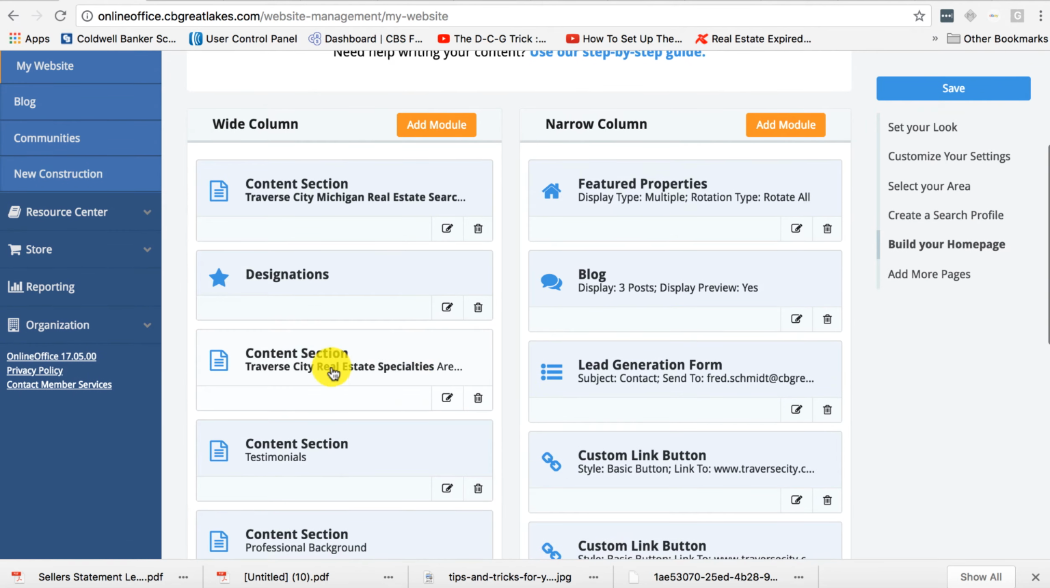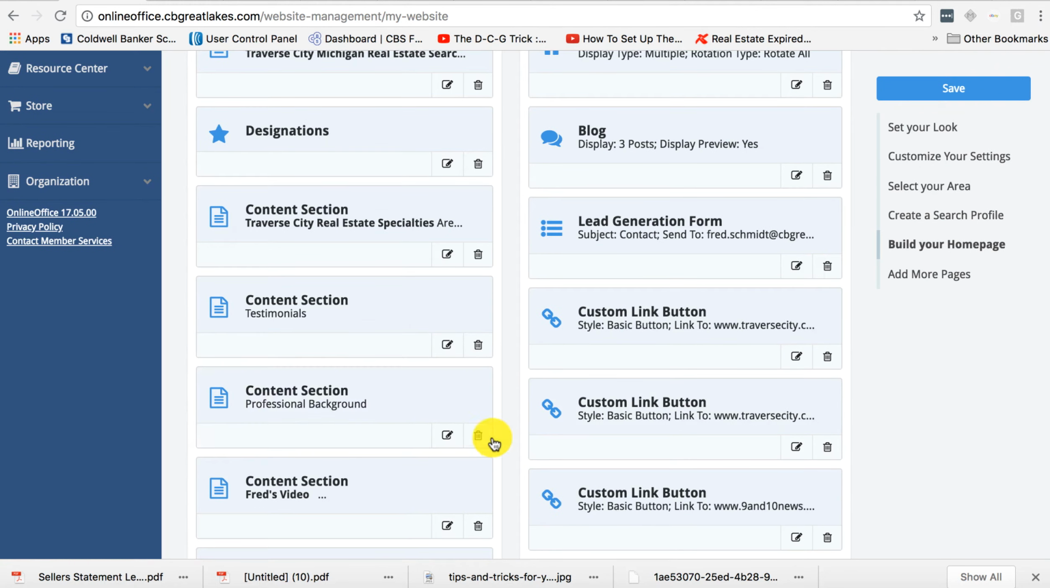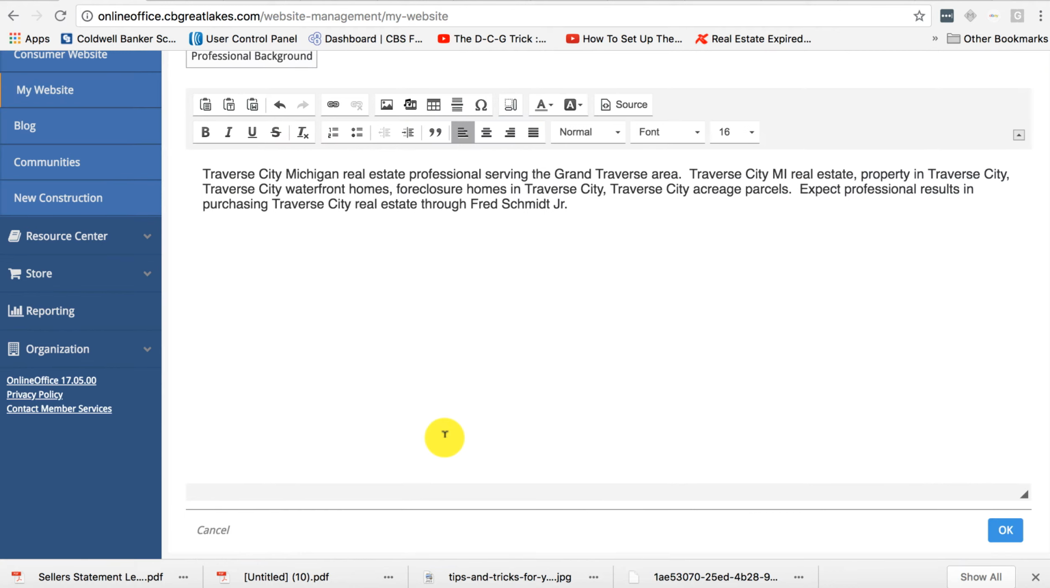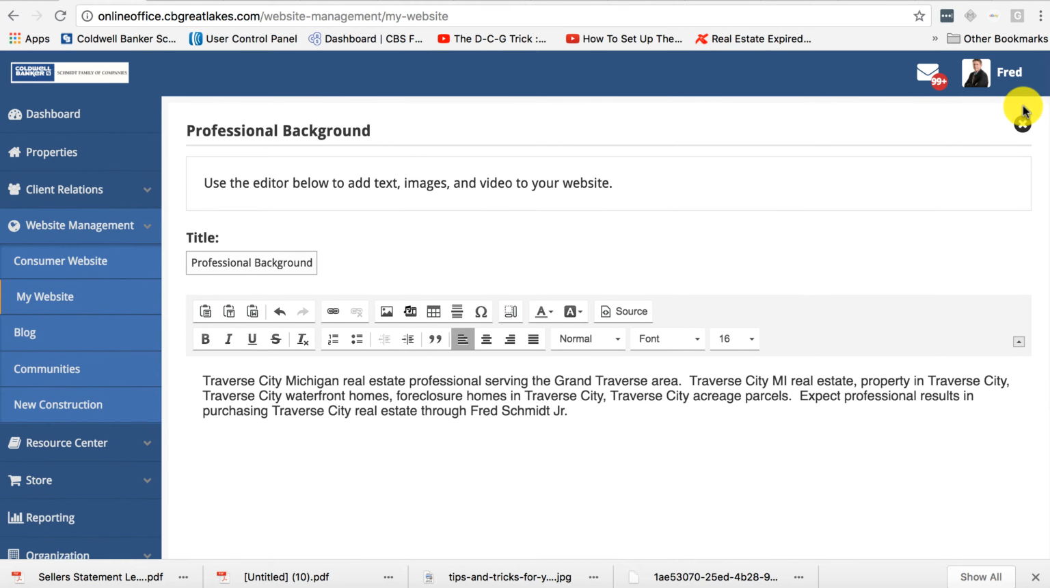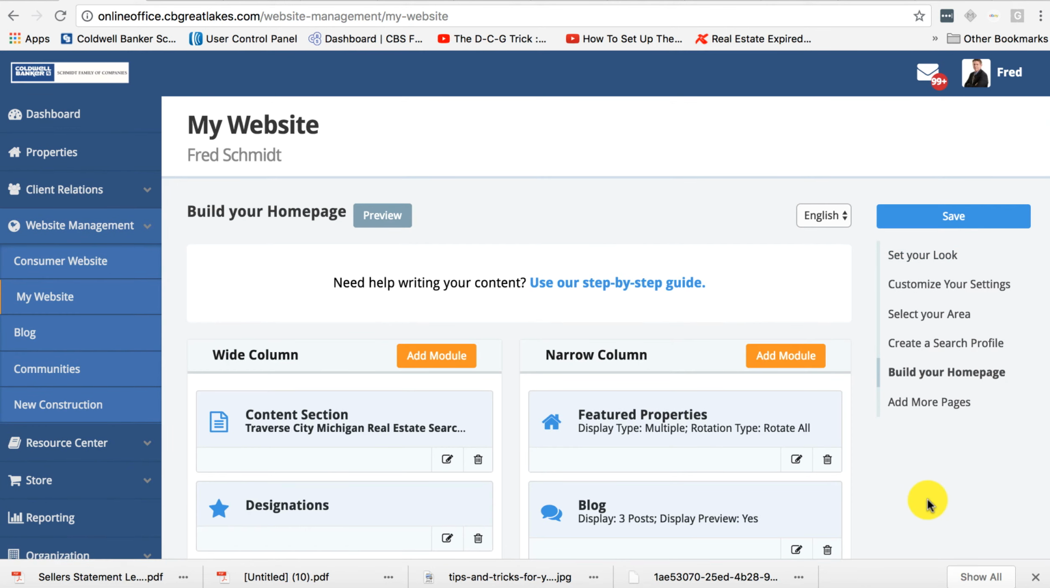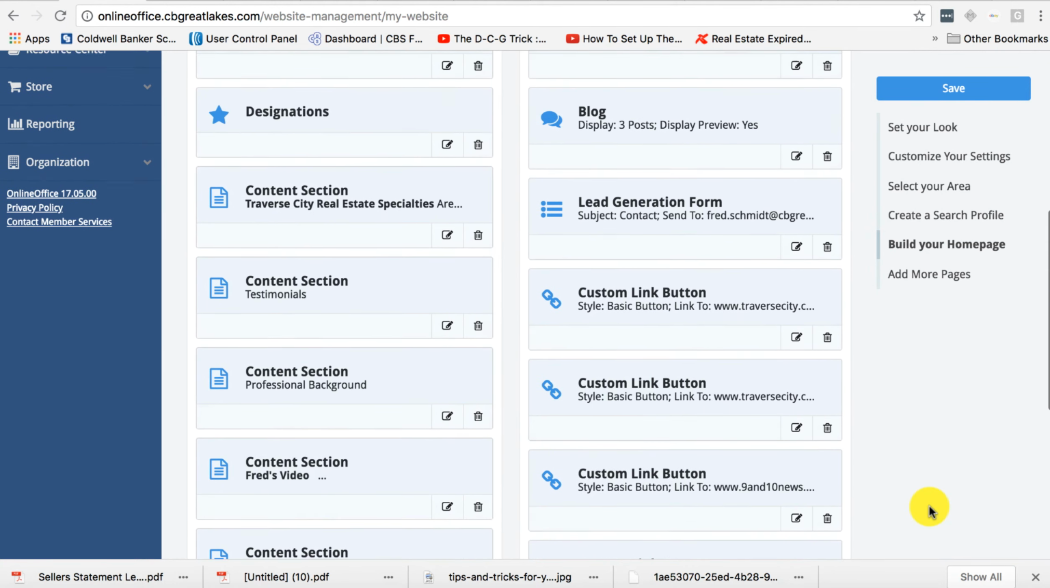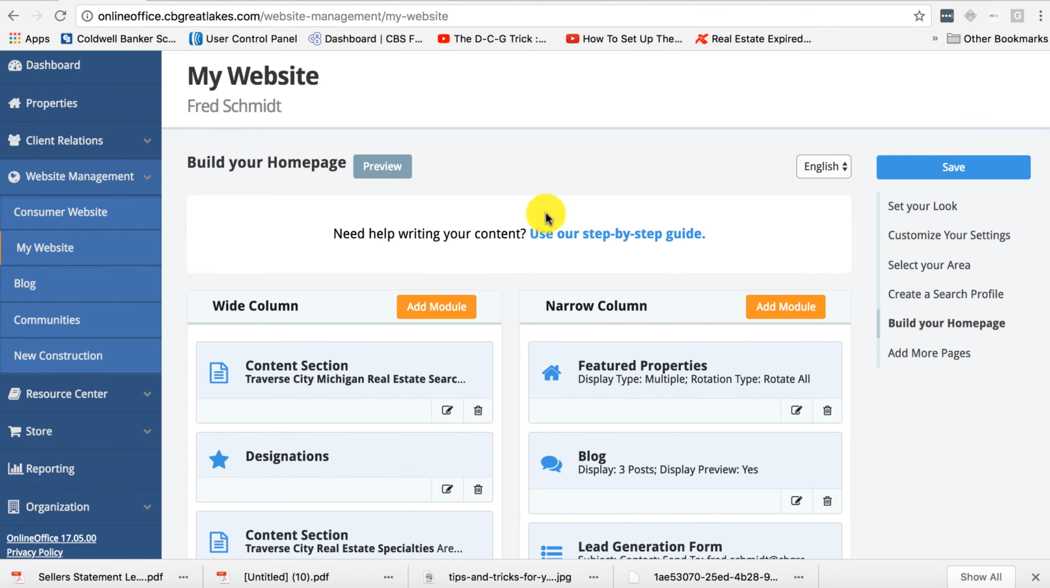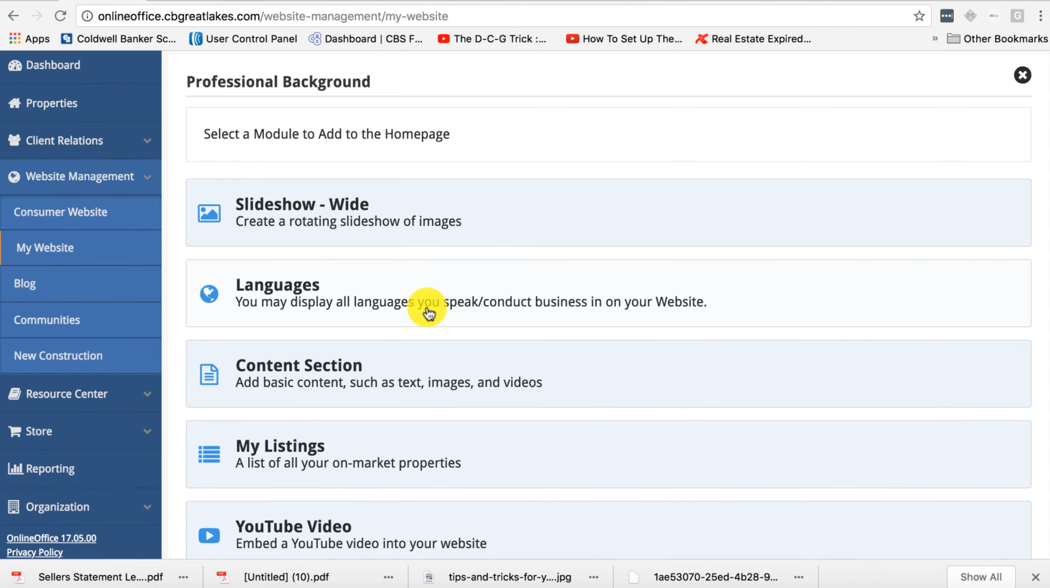So each one of these sections, you're going to want to have that same kind of verbiage. Don't worry about it sounding a little bit spammy. It's all good because you want people to find your website and they're going to do a real estate search, right? So if you want to add more sections, all you do is you add module, okay,